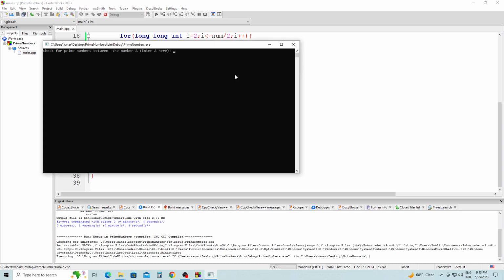Okay, so right now we're going to check between 0 and 20 and see the prime numbers between those two numbers. So the first thing we're getting is 2. 2 is a prime number. 3, 5, 7, 11, 13, 17, 19. Those are all prime numbers. They can only be divided by the same number. For instance, 2 can be divided by 2,